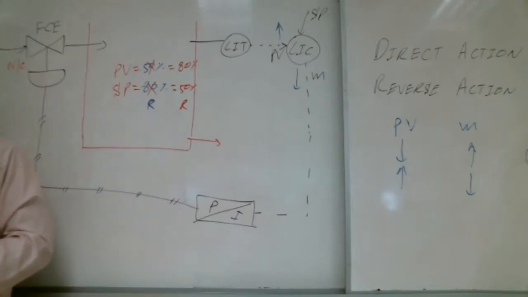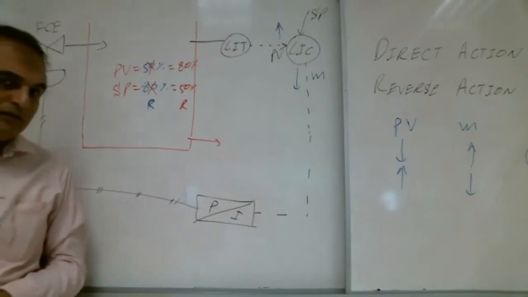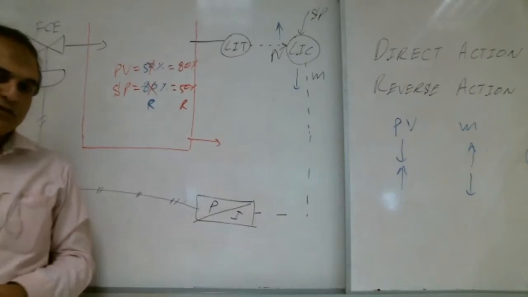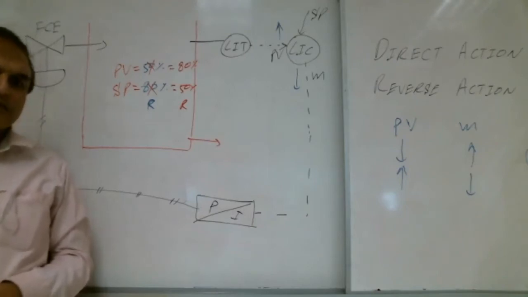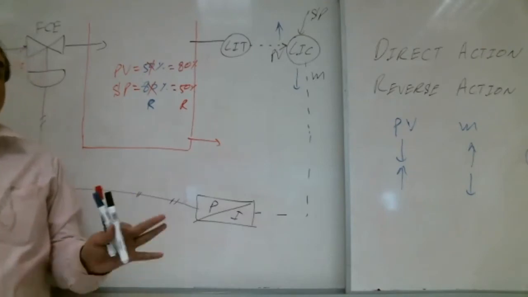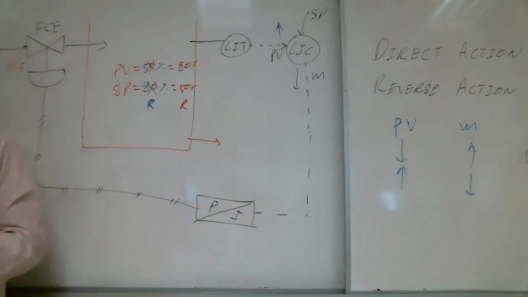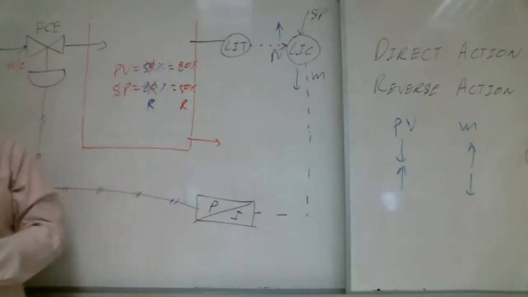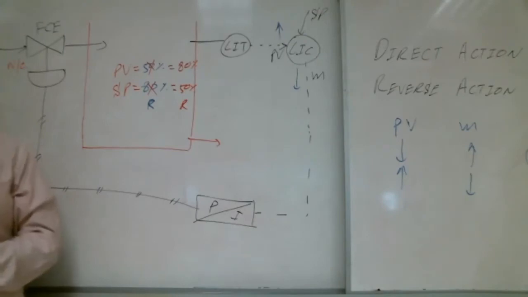Teacher, if the value is the same? What did you say? If it's the same percentage, like 50-50, PV and SP? Yes. This is not in the procedure. In the procedure, we take a PV separate and SP separate, not the same. You got my point? Okay. Yes. This is the starting of the procedure.